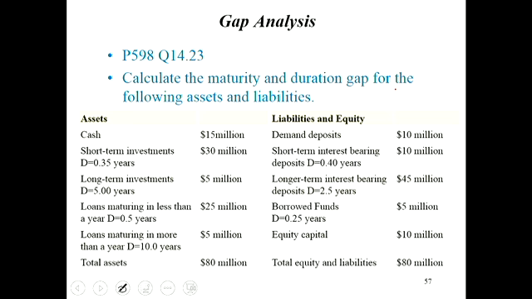And remember, our gap is basically rate-sensitive assets minus rate-sensitive liabilities. In this case, it's 55 million, subtract 15 million, and that's 40 million. The other way you can express it is as a percentage, and in this case, 40 million is 50% of the size of the balance sheet. So that's got a positive